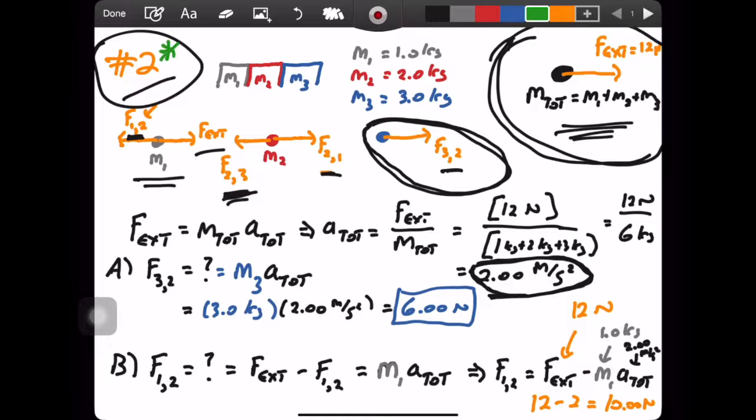Quick addendum, just to avoid any possible confusion. I referred to free body diagrams a lot when solving this problem, but you'll notice that I just focused on the forces that were acting in the horizontal direction. To be clear, with free body diagrams, you can also look at the forces that are acting in the vertical direction. I chose not to focus on it because the vertical forces cancel out and have no consequence in this